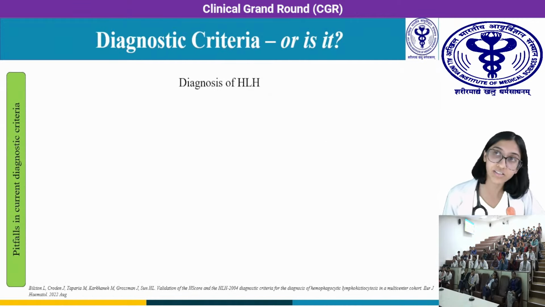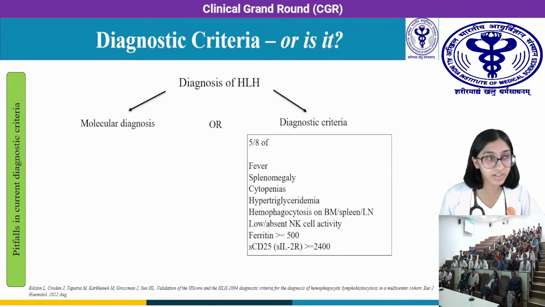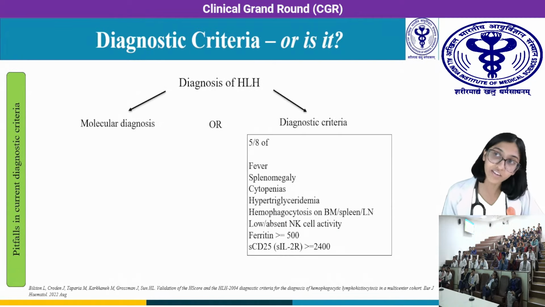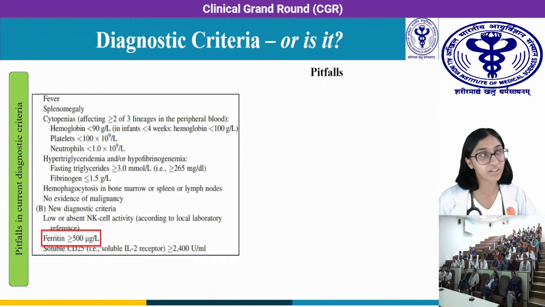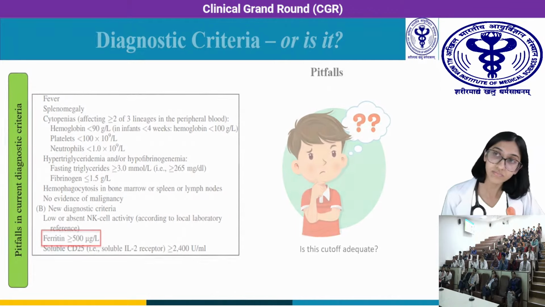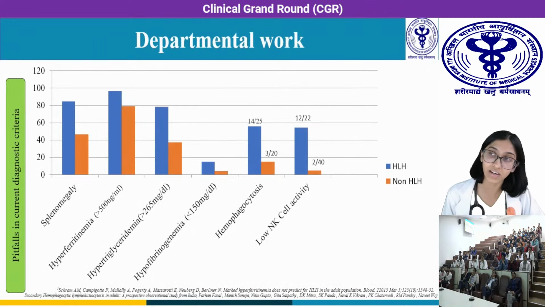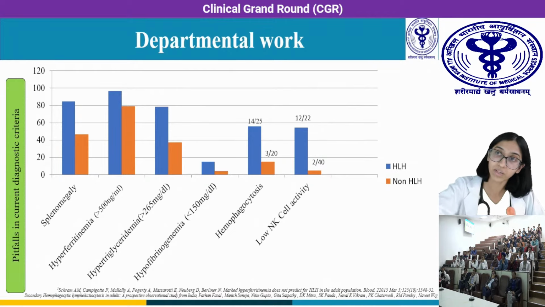The current diagnostic criteria include either a molecular diagnosis or fulfillment of 5 out of these 8 separate parameters. But there are various pitfalls of this diagnostic criteria. Firstly, coming on to the cutoff of ferritin at 500, is this cutoff really adequate? In our study, in which we measured various parameters of the diagnostic criteria, we can see that hyperferritinemia